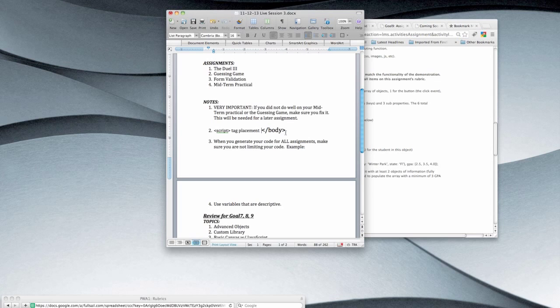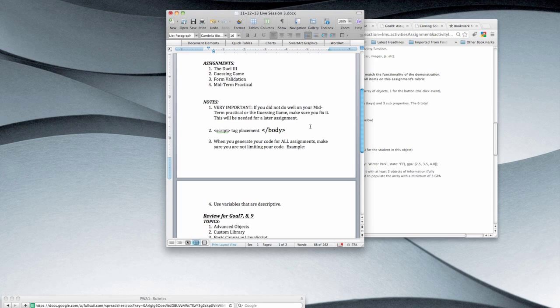One of the reasons is that it may not affect some of the things you guys are doing now, but it may affect it later. A lot of times, a lot of the HTML that's going to be above here needs to all have been read before it hits the JavaScript script tag, because you're going to potentially use a lot of things that are in that HTML. For instance, if you were creating that dual 3 fighting game and you needed to set a button up on that red button, and so all the HTML